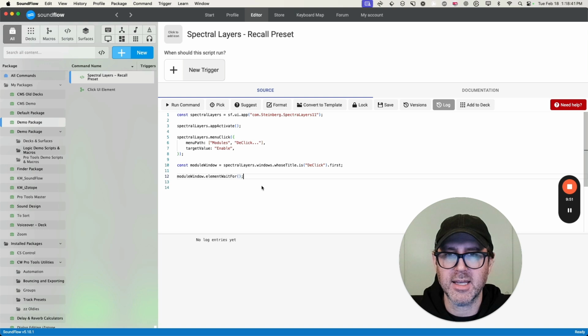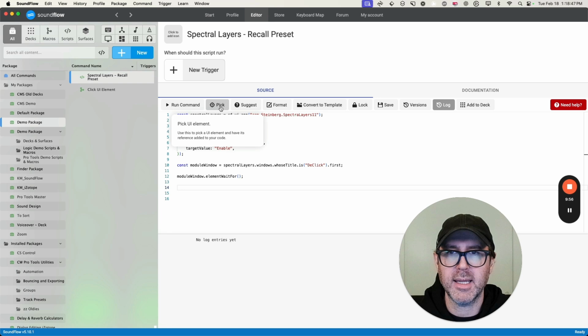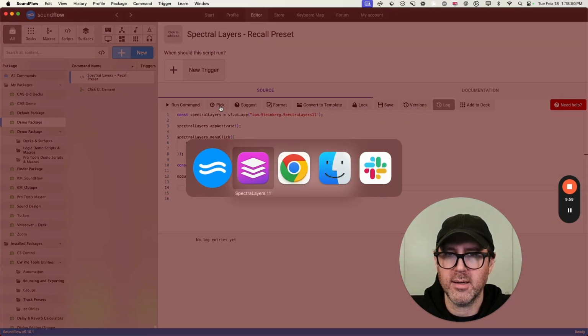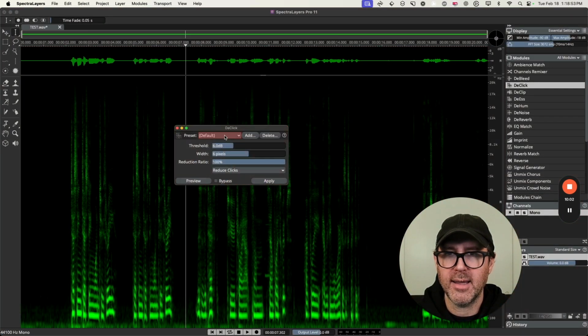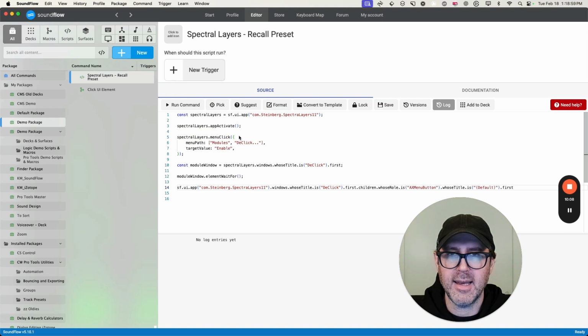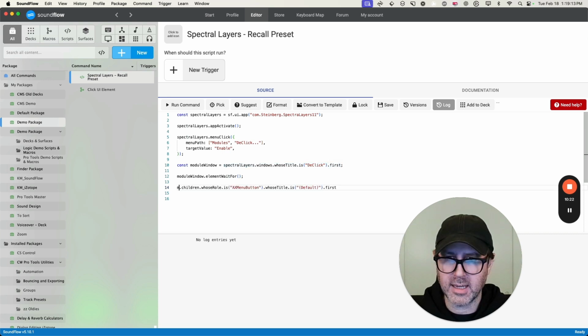So that's great. So the next thing is we want to access the preset menu. So I'm going to use the pick UI element again and go Command Tab over to Spectral Layers, and let's check the preset menu here. So if I click on that and head back to SoundFlow, we can refactor this down again. So I'm just going to change this to SpectralLayers. And then we've got the D-Click window. As you can see, that's highlighted there. And so we're going to get the module window. And now we have the menu button